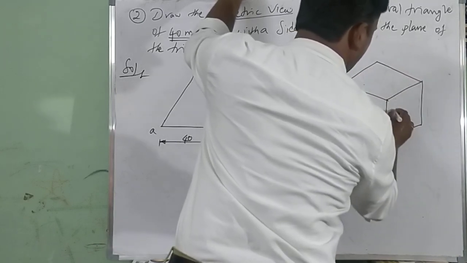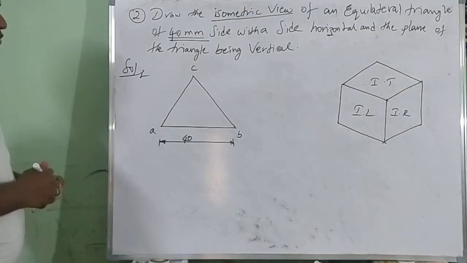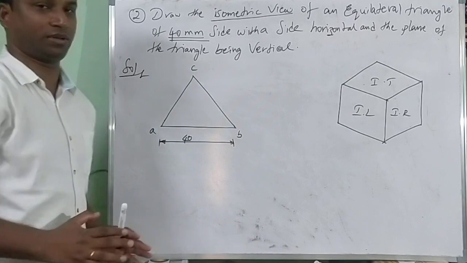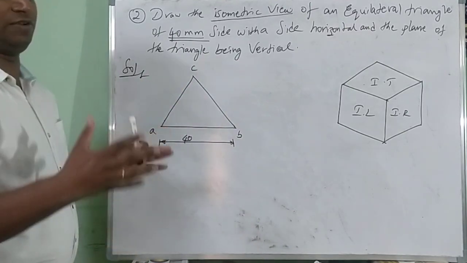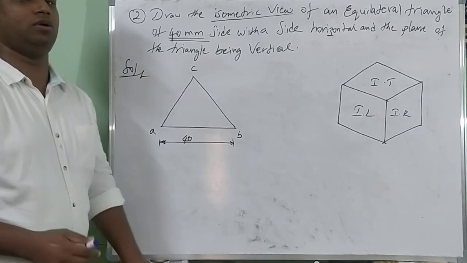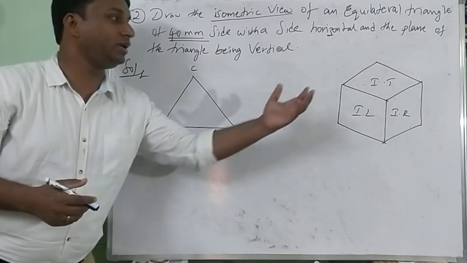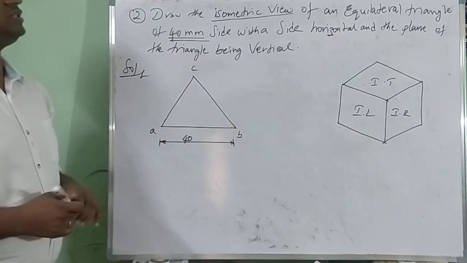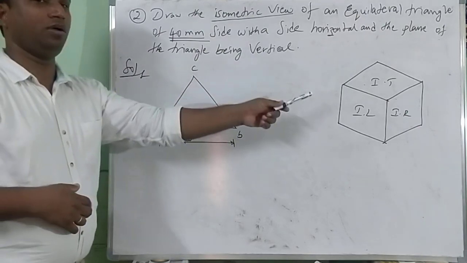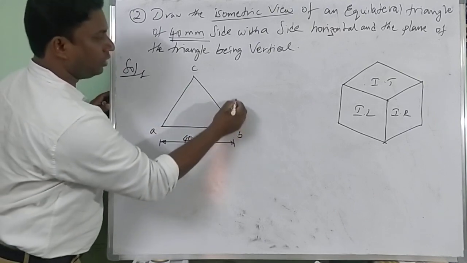We have iso left, iso right, iso top. Now here you are supposed to remember, previously they resembled a rectangle or square of this box and we directly fit into that. But here the triangle is different. How to draw that? For this you are supposed to use the box method. What is that? We generate a box about this particular plane, try to resemble it with iso left, iso right and iso top, and draw its isometric views in three: iso left, iso right and iso top, two vertical planes and one horizontal plane. See how to construct the same, try to draw the box.